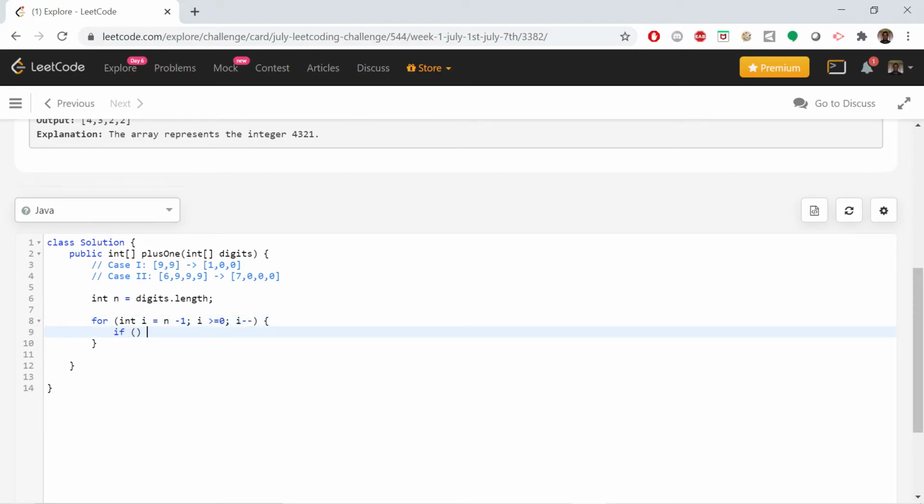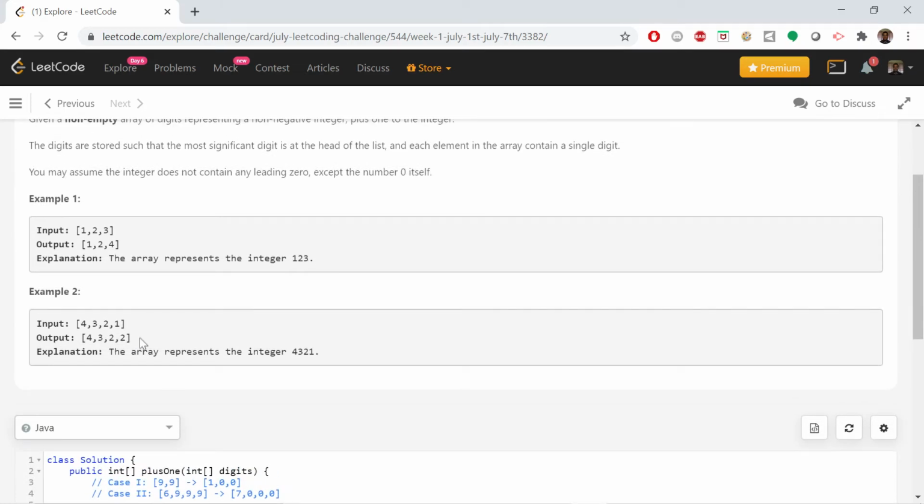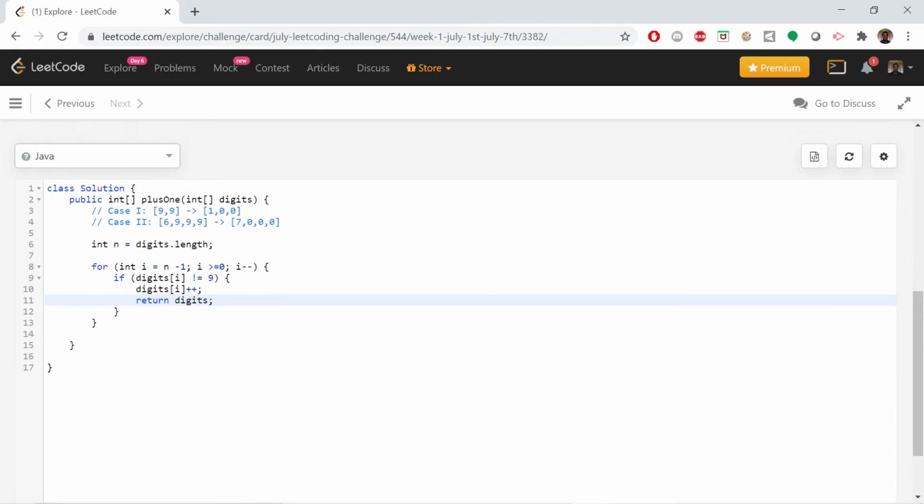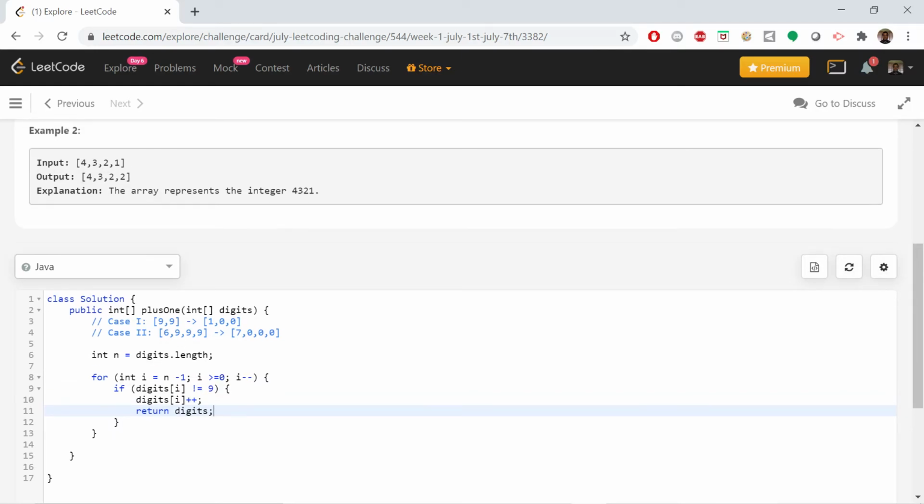So first things first, let's take care of the case where there's no 9s. So if there's no 9s, it's pretty simple. Essentially, if digits at i is not a 9, we can literally just say digits[i]++, just add a 1 to it, and then we can just return digits like that. And if you think about it, this will actually take care of case 2 here as well,